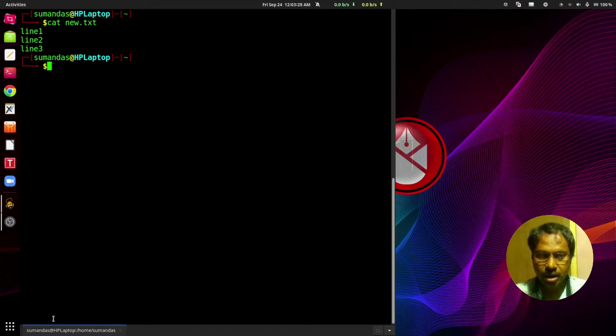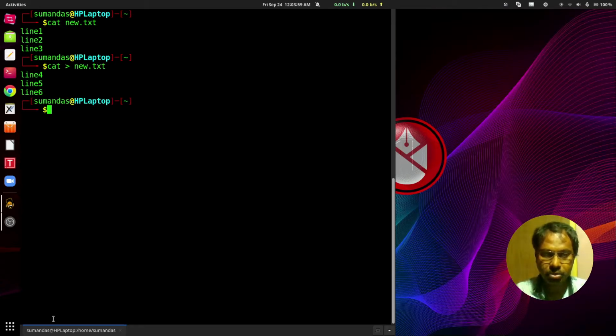Now once again, suppose we want to transfer more content to the new.txt file. So once again I give the same command, cat, the angle bracket, and new.txt. Press enter. Now I am typing line 4, line 5, then line 6. Press enter and Ctrl D to exit from the cat command.